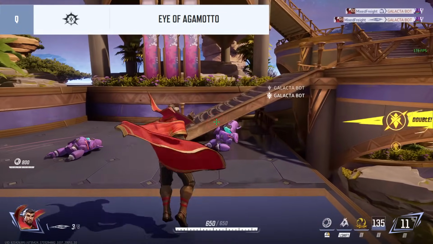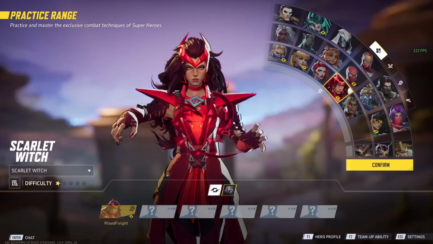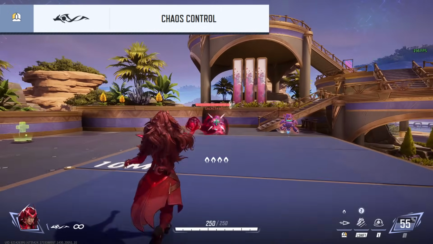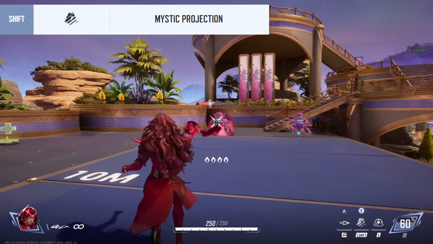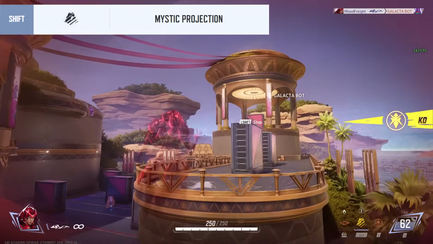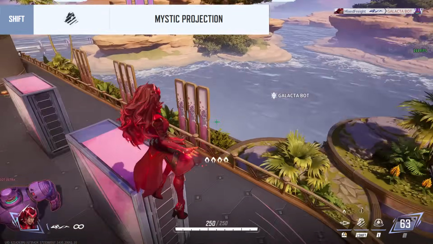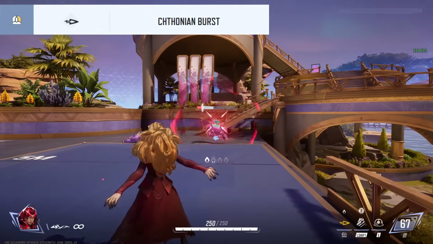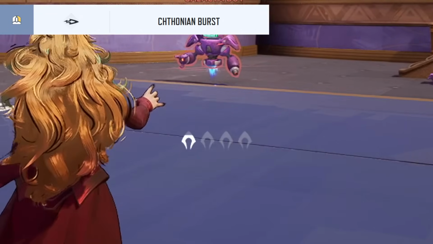Pretty easy hero. For duelists, Scarlet Witch is an easy choice, as the gameplay loop is just simply suck enemies off with the primary fire, which is called Chaos Control, and then run away if you're in danger with her phase ability called Mystic Projection, which also grants her flight and invulnerability. She can also use a ranged projectile spell that consumes chaos energy, indicated by the 4 little icons in the